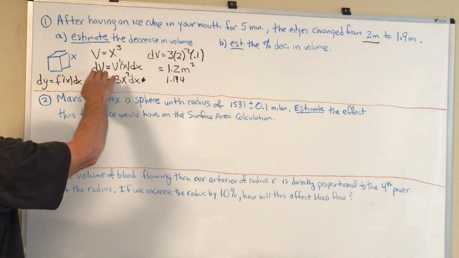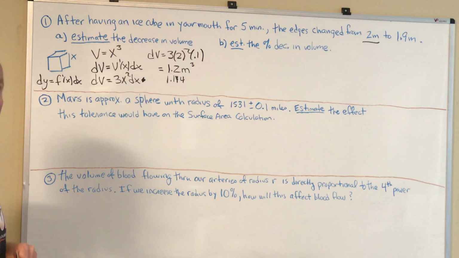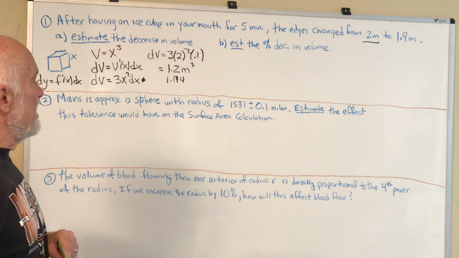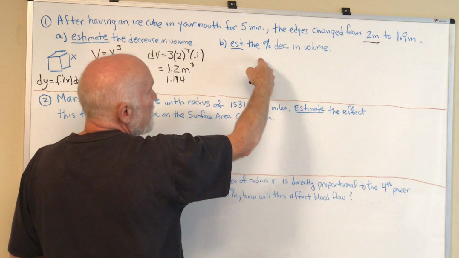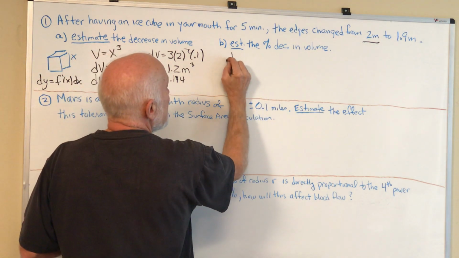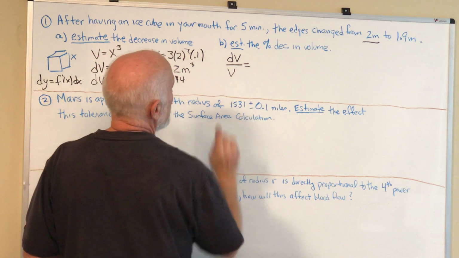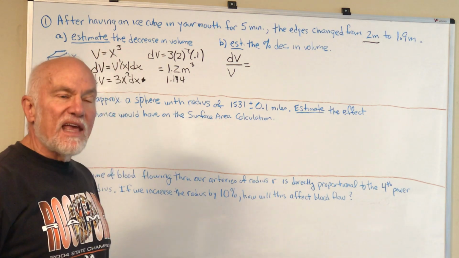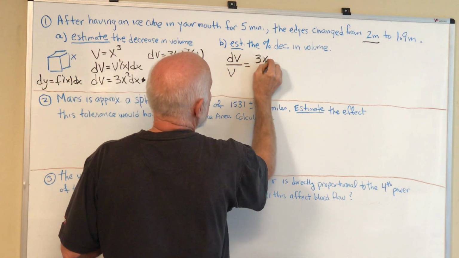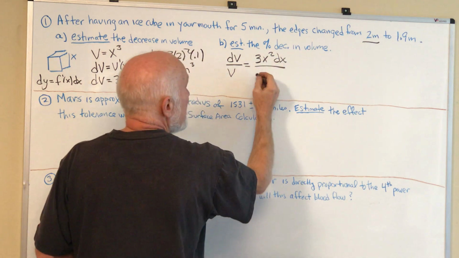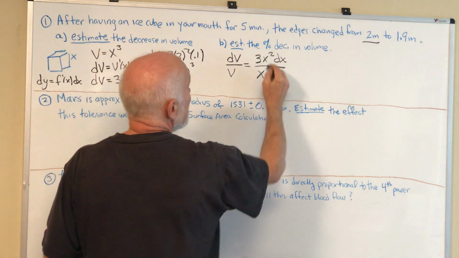Sometimes, better than having an actual estimate of the actual decrease, we want an estimate of the percent decrease. Sometimes it's better to look at percentages. So what would be an estimate? The actual would be the change in volume over the original volume, but an estimate is going to be this differential of volume, an estimate of the change in volume over the original volume. And at first thought, you're looking, this is going to be a more complicated calculation. But if you look at it, dV is 3x squared dx, and V is x cubed. So if we just do some canceling,